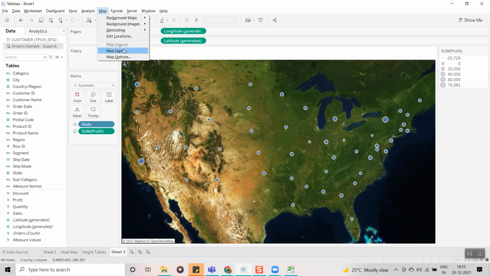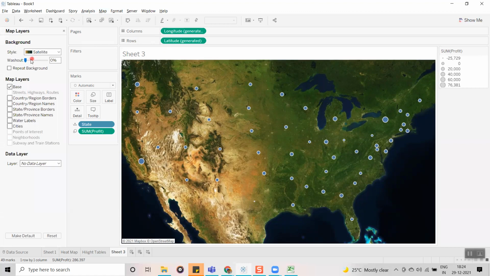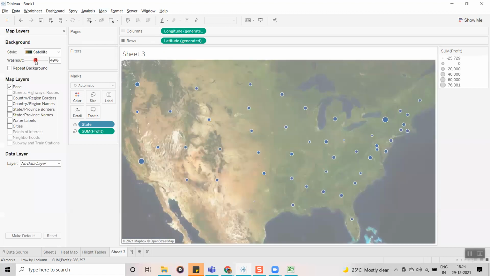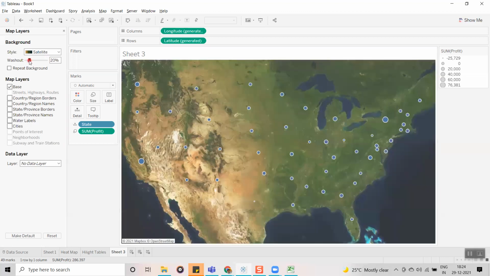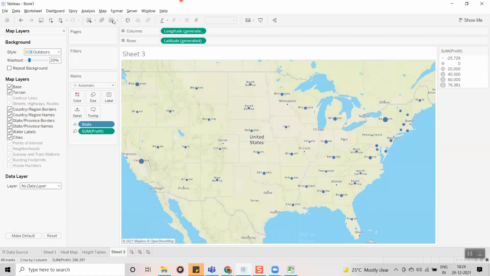And also we are having map layers, and the map layers are going to help you wash out, to show the difference. Now you can see this is washed out, means you are not going to display anything, you are just displaying the dots. Okay, so this is how you can display. And here in style, we are having different styles. Now you can see this is satellite, and whatever you have seen, right? Here just outdoor, whatever we selected from here, the same options we can select from map layers.